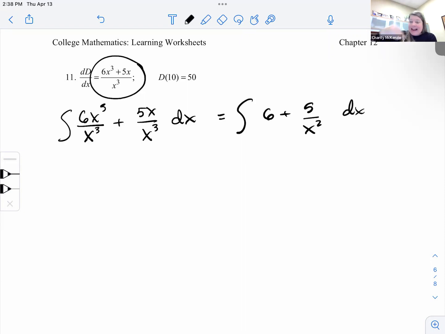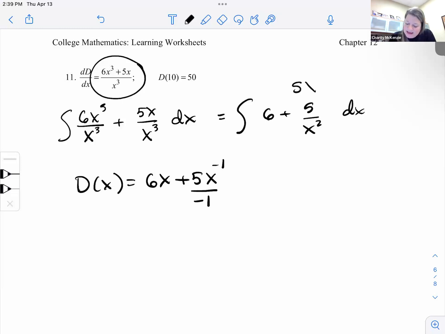So we could write that x squared right up as a -2. And so our function is going to become 6x, right? Because I'm going to bring the x with the 6, plus the 5 stays, and think of that as -2, right? So I'm going to have now -1 divided by -1 because I'm adding 1 to it, because this is the same as 5x to the -2. Add 1, it becomes -1, right? And then plus C. And now we can plug in our 10 value